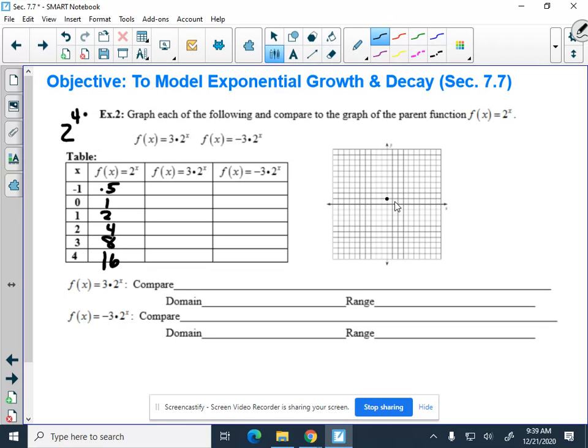Can't guess very well, everybody. I have to guess, and I'm always a little bit off. Sorry about that. 3, 8. So this one, that's the original graph. That's 2 to the x. Now what happens to the next one? The next one adds a 3 in front. So if we do take our calculator and we put these in,